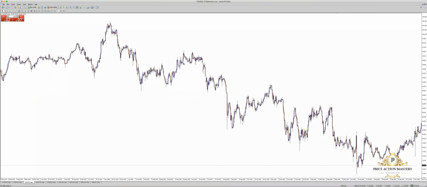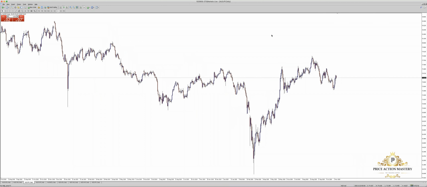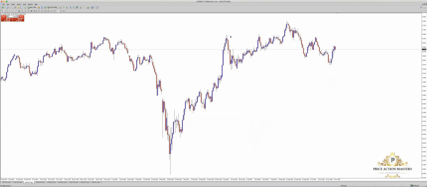So AUD yen, same thing. I can see the market making a lower low, this is a lower high, and then lower low, lower high, lower low. Now the market broke, so we can see upside exposure as well. So I'm going to place a key line as well. This will be my key line to have my buy trade.